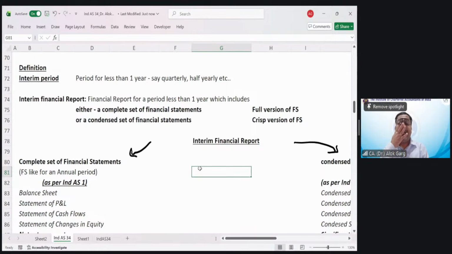When I joined, I asked my boss why we are preparing this full set of financial statements on a quarterly basis. We don't need to file the full set anywhere. We don't need to publish it anywhere, right? The annual I understand. At the year end, I understand because it will become part of our annual report. We have to publish and file our full set of financial statements, which is required by the Companies Act. We have to file in our MCA also. But why do we need the full set on a quarterly basis? It is consuming a lot of bandwidth. We are just repeating, drafting the accounting policy on a quarterly basis.